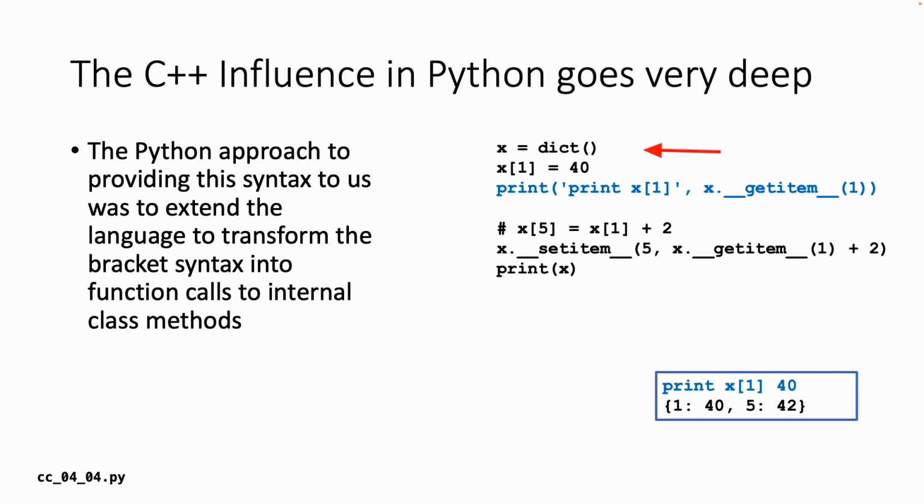So I'll create a dictionary named X, and then we say X sub 1 equals 40. And again, we know what this means. That means somewhere under the key 1, there's 40. Now, I can print this out by saying X.__getitem__(1). That's taking the index inside of the square brackets and passing it to a predefined Python-understood rule. The square brackets turn into __getitem__, where the X is the object and the parameter is the index.